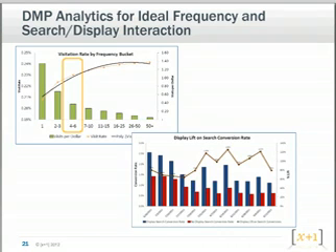What we see on the bottom right is a view on search and display working together. So traditionally, we look at search and display and measure them in silos. With the DMP though, you can overlay those two and measure what I think a lot of us have believed for a while, that they kind of work together, right? If I'm running search and display together and heck, layer on TV and other campaigns, there's a synergistic effect between